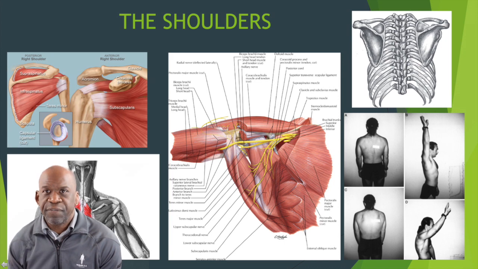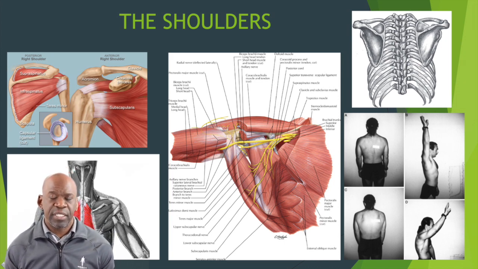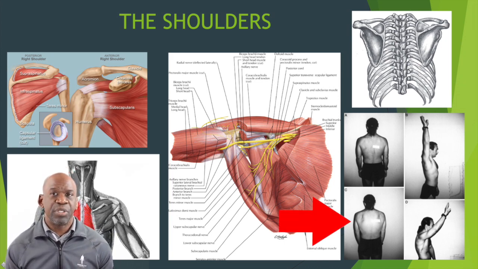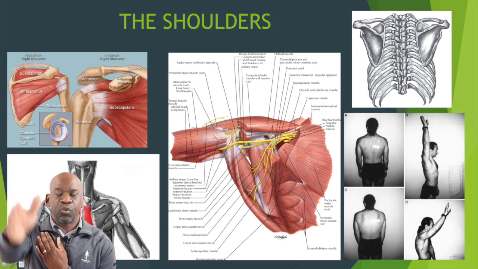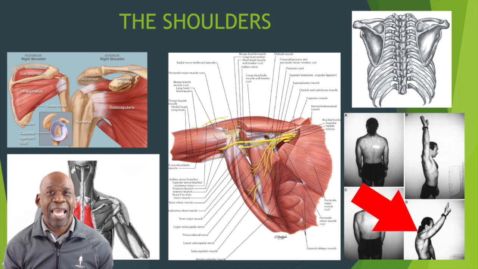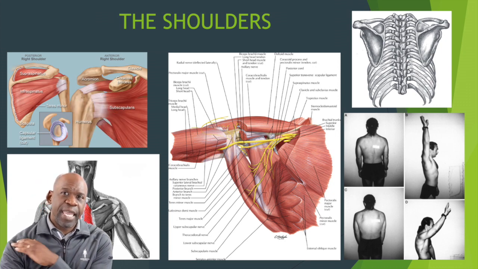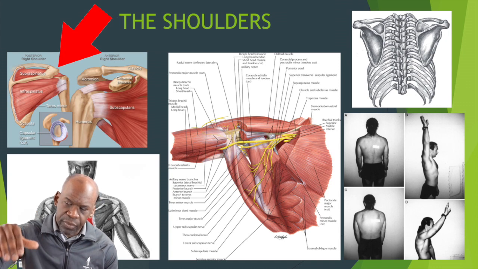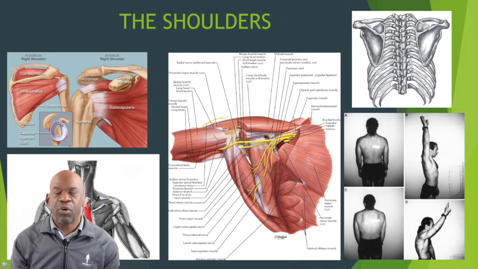And so if somebody has their shoulder blades in a protracted and elevated position, when they go to raise their arm, they will find that there is a mechanical block as the bone of the humerus, or of the upper arm, bangs into the hooked acromion as it is tilted forward.